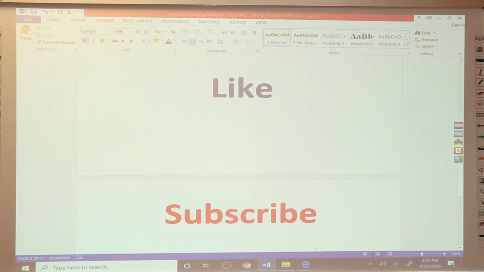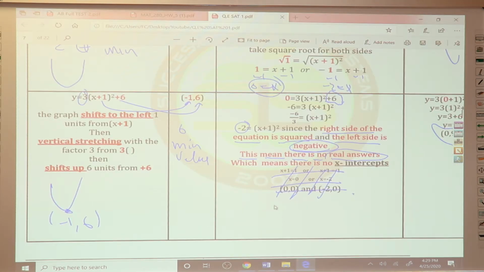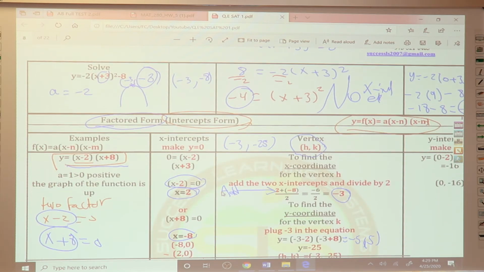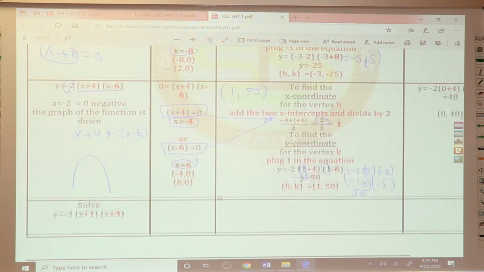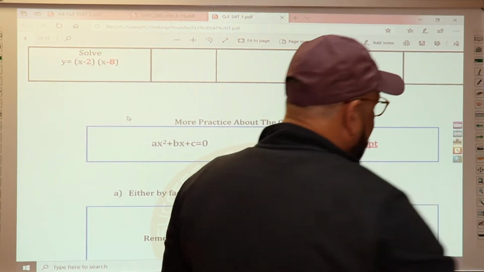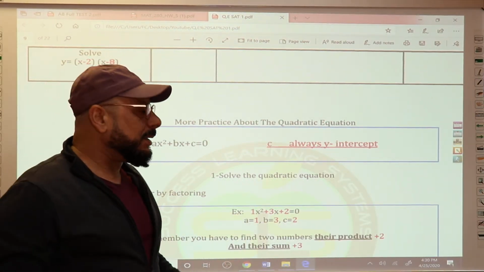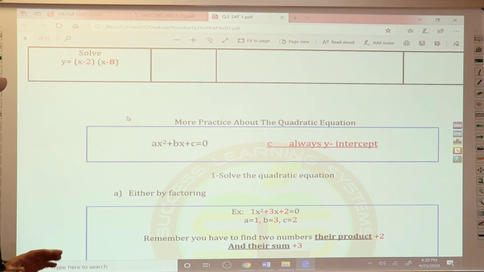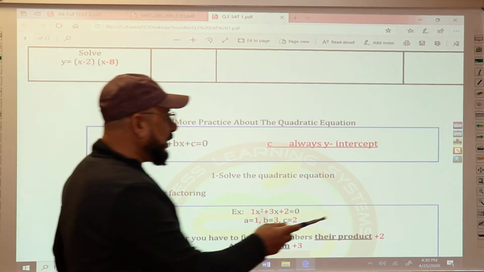Okay, let us start with our class. Let us go quickly here, just to refresh your memory. The last thing we did is the factored form. At the end, I will just put all the forms together to show you what I mean by this. What we did actually,